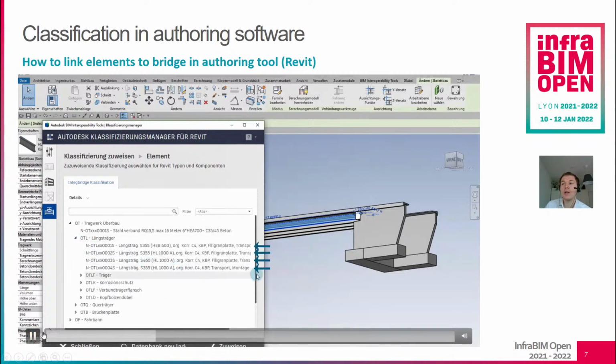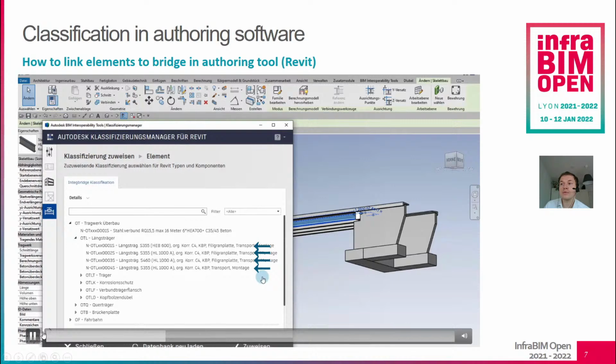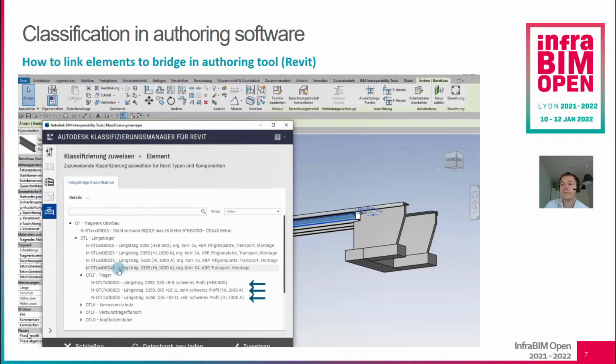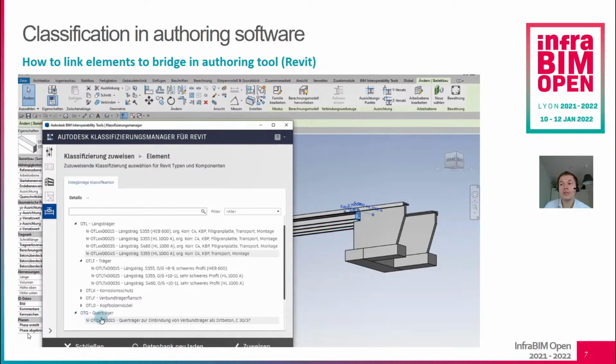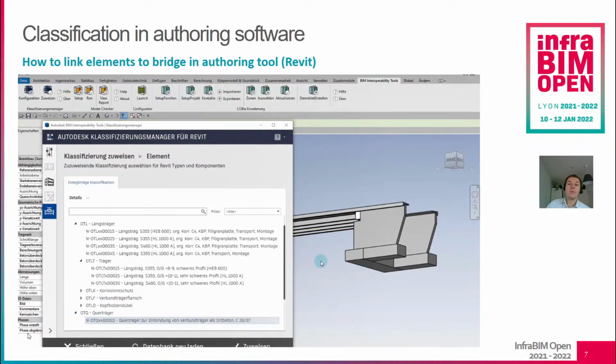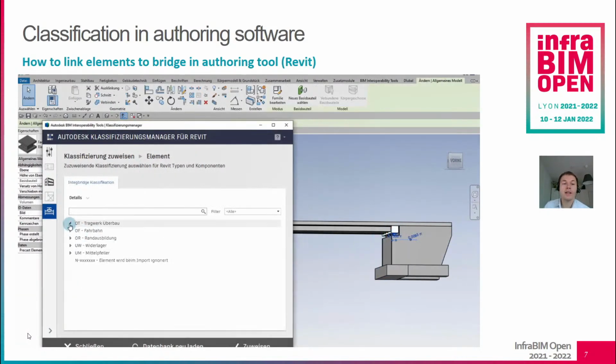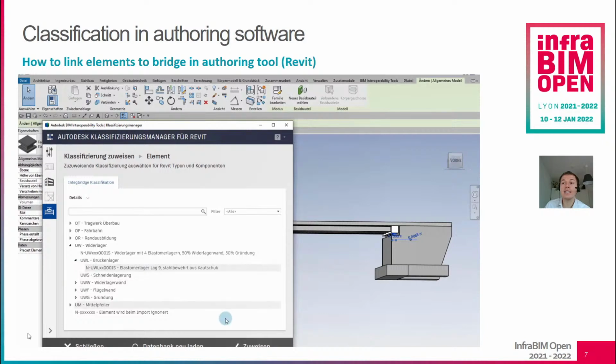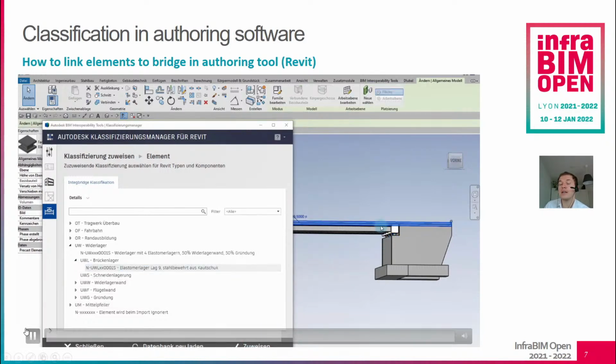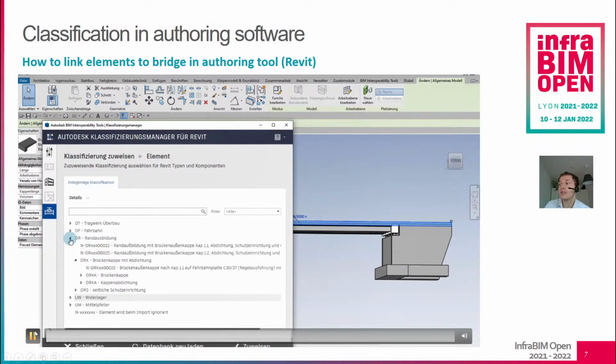Now I have to decide, do I use it together with corrosion protective and shear studs, or do I have my shear studs modeled separately, so I only assign one beam. Now here I don't have my shear studs modeled, so I use one major element. Then I go to the next beam and assign a different element, or I can just copy the classification to other elements. And so I work through my complete bridge and assign each element one specific classification. Engineering companies can also assign these classifications in their BIM object libraries to not use them on each bridge project individually, but have them stored as standard attributes.